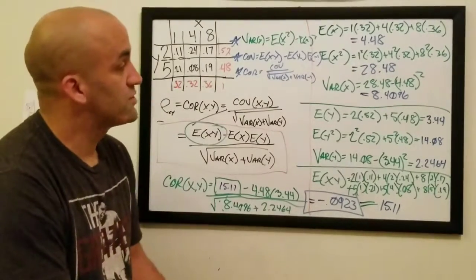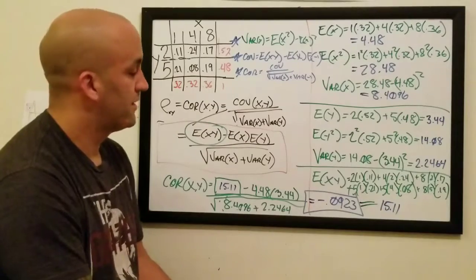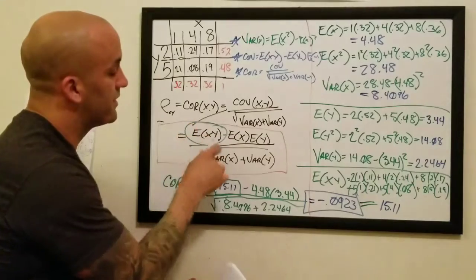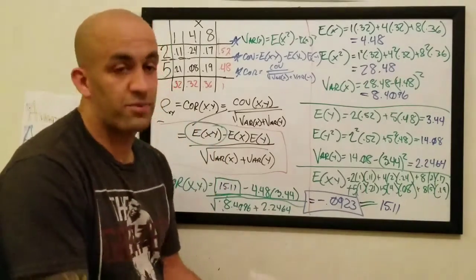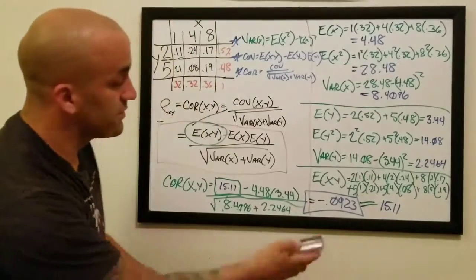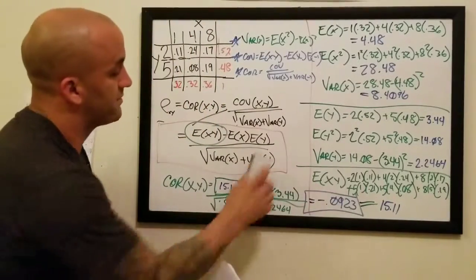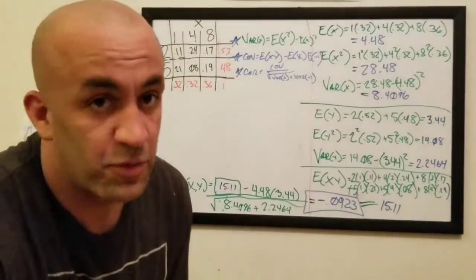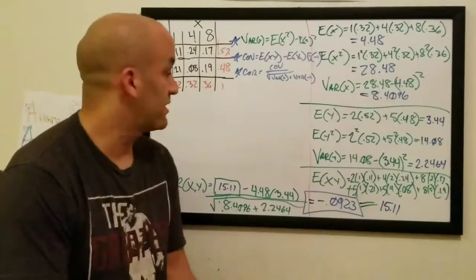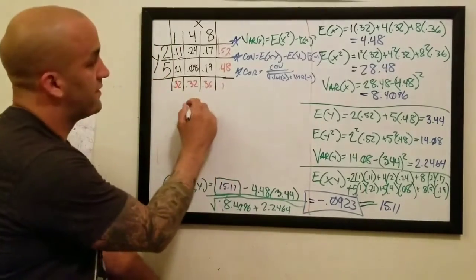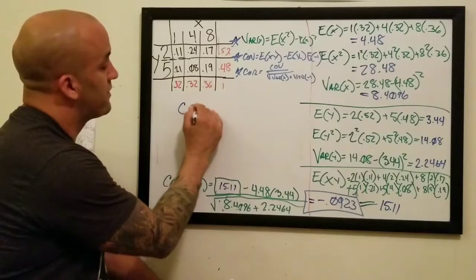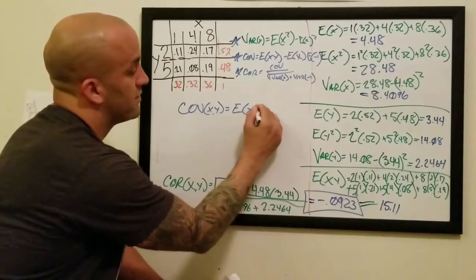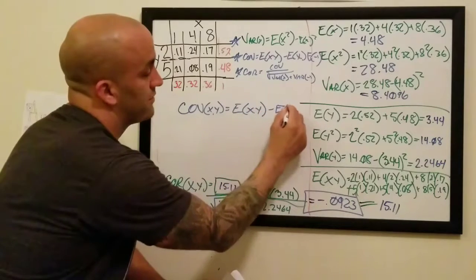One thing I will show you that you may want to take a look at is right here. This could possibly help you out quite a bit if the problem states something. I'm just going to fill you in with something else that's going to come in kind of handy for computing the correlation and the covariance, right? So let's say we have the covariance formula of x, y is equal to the expected value of x, y minus the expected value of x,